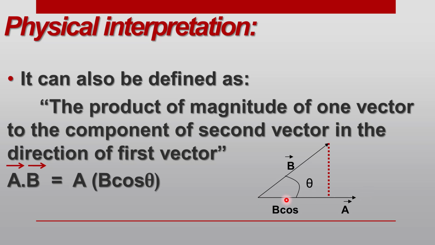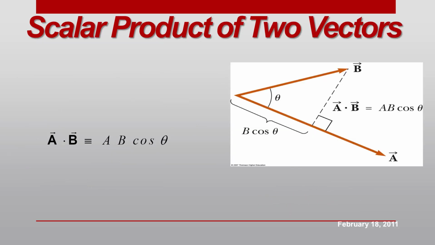So if we draw this figure in this way, with vector a in this direction and vector b in this direction, first we join the tips of the two vectors. We are not changing the direction, we are just joining the tips. And we consider the smaller of the two angles between these two vectors. Then we drop a perpendicular from one vector onto the other,